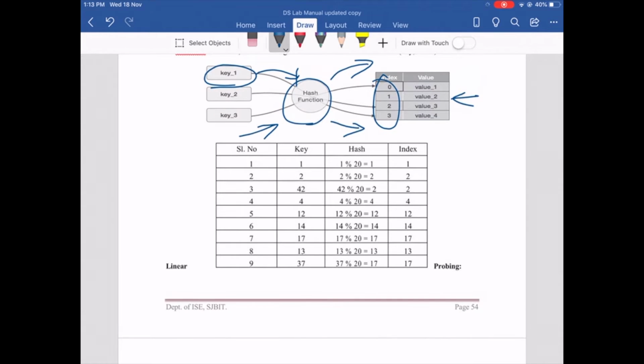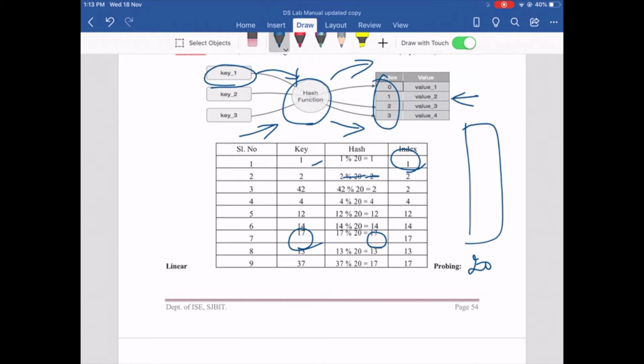First of all, let us take a look at hashing. Let us say this is the key, and the memory space available for you is 20. So we are going to do a modulus with the value 20, and it will give you an output. At that particular output we are going to store the particular data. So this is how you are going to store the data into your hash table. If you look at the key 17, 17 mod 20 gives you 17 as the output, and the record will be stored at the address 17.